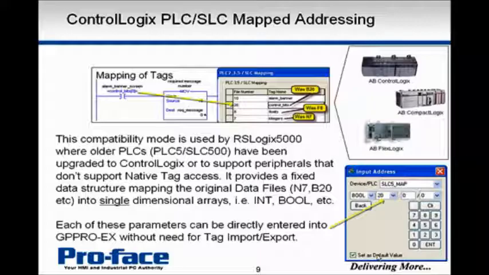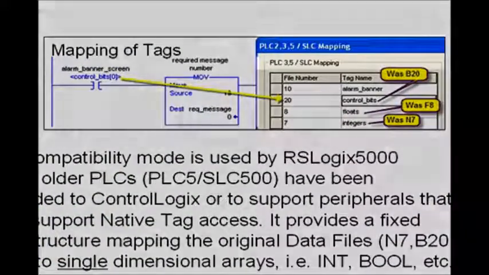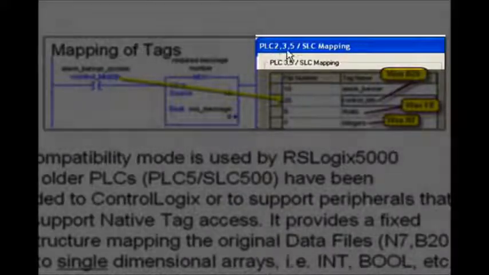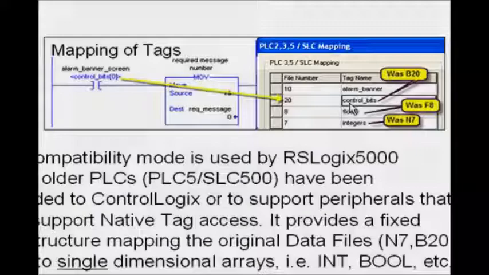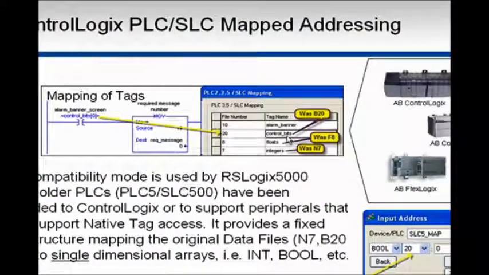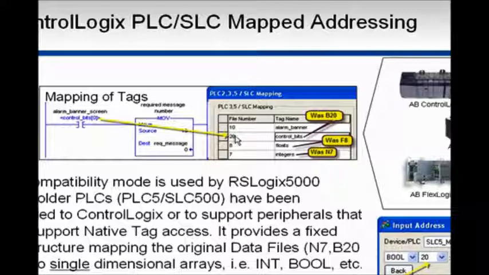And basically the trick here is that the RSLogix 5000 software provides this PLC 2/3/5 SLC mapping, and so a RSLogix 5000 array, which has to be a simple array of either bits, words, floats, etc., is created and assigned a file number, and the file number basically links back to the original SLC or PLC5